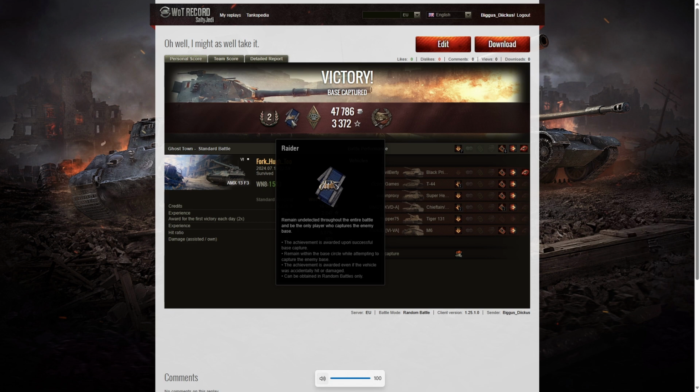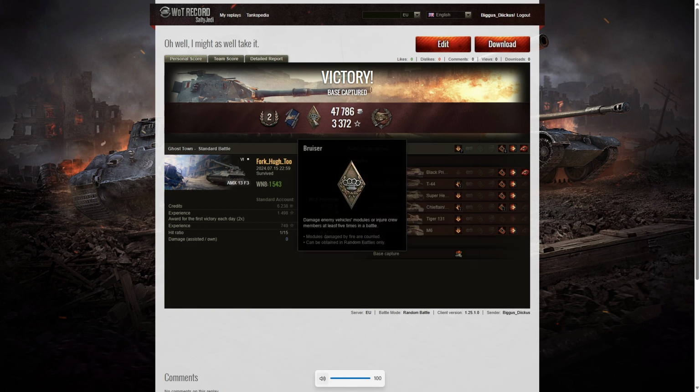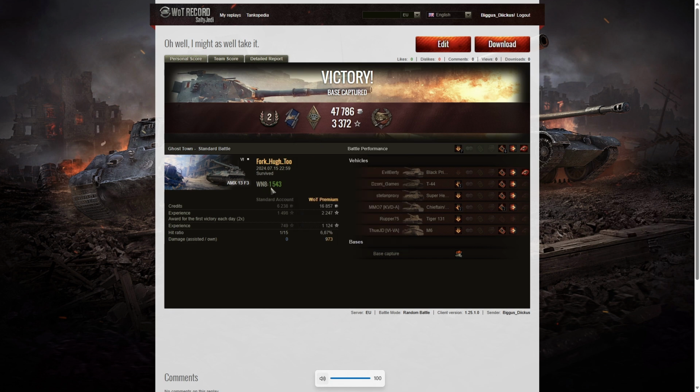You have to be spotted in order to lose the radar bit, but the invader you'll always get if you are the one that caps out and you get 80 capture points. And of course, I got the combination, which means the enemy never saw me, but they certainly felt my presence during that game. I also got a bruiser medal for getting at least 5 critical hits. In fact, I got 6. My win rate from that one,